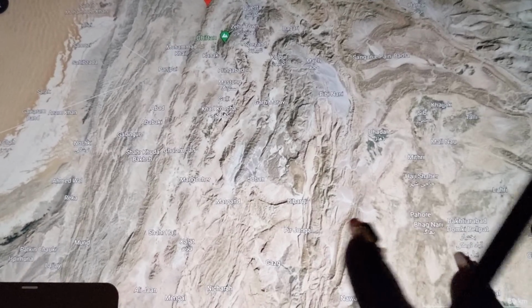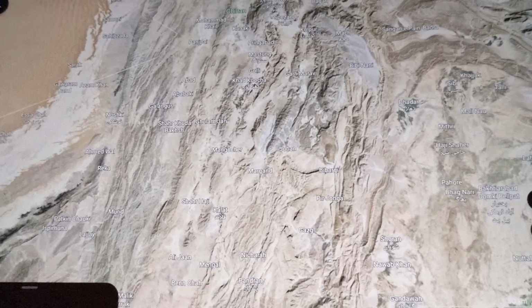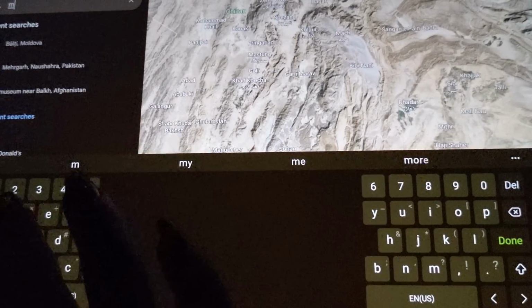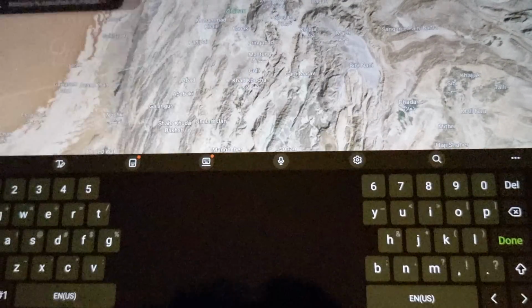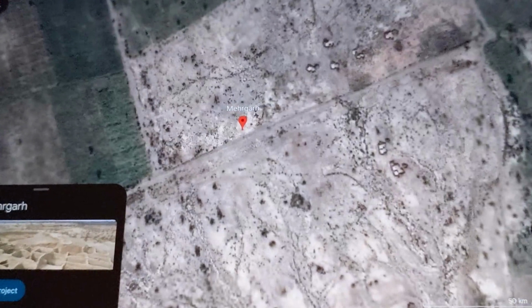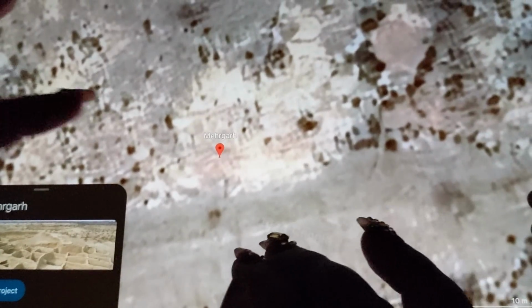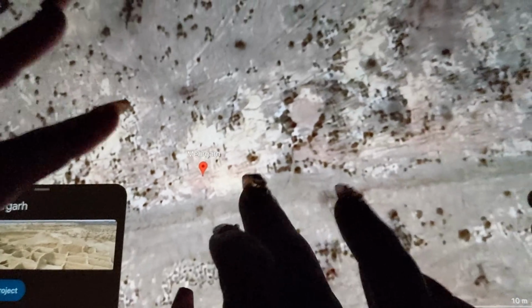Let's see. I need to show you Mirgar, which doesn't have a little pop-up here, so I have to type it in. Give me a second. Mirgar. Ancient city here of Mirgar. Oh, look how blurry it is.